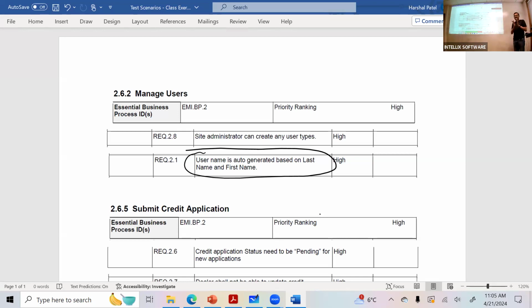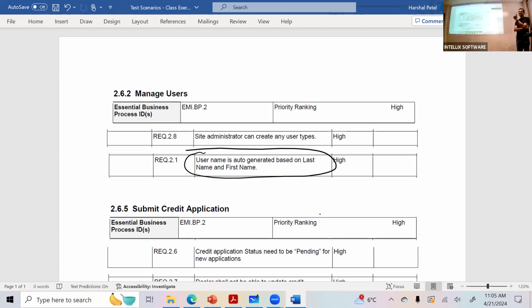Right, so as a tester, do you understand the requirement? It's not clear, right? What happens when two users have the same names? What should the system generate? Which means it's not clear. But should we provide a user ID for each user that gets populated?